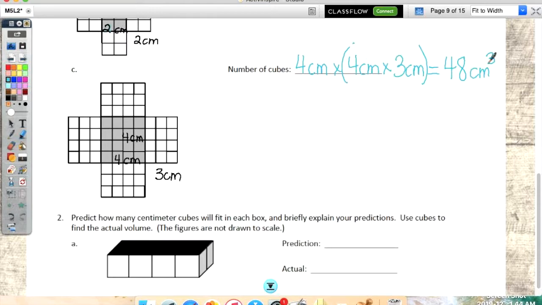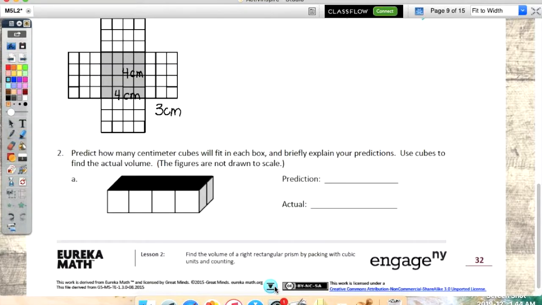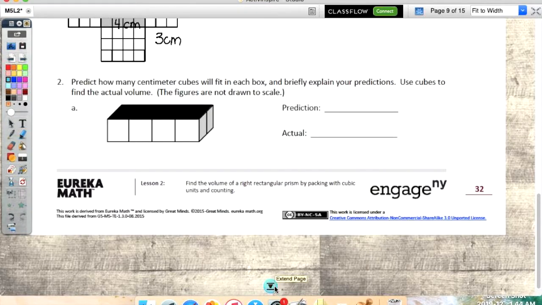Okay, please take your hands off of the shapes and the cubes for a minute. Let's go down to this one. Now, we've got a little bit of predicting we're going to do. The thing with the predicting is the kids are all getting their predictions right today. So you're very good at this, okay? But I don't want you to build it. I just want you to look at it, okay? And you can look at this as length times width times height, okay? And I want you to come up with a number of how many cubic centimeters you think it is,